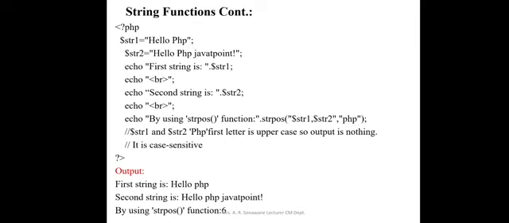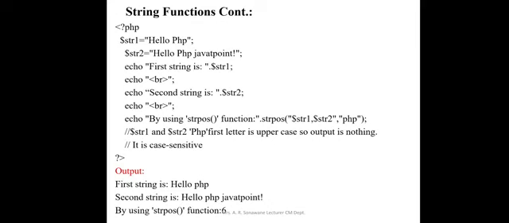So what is the meaning of this function? From $str1 and $str2, we wish to find the word php. But please notice, for the php word that we wish to find, its first letter is small. And the strpos function is case sensitive. So as a result of this function, it doesn't give you any kind of output. Why? Because this kind of php word is not available in $str1 as well as $str2.